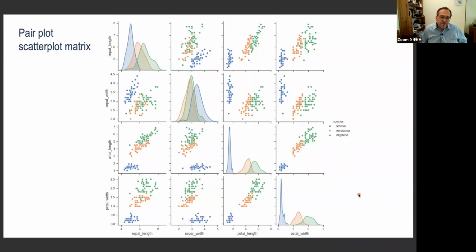Honestly, I should tell you it probably works up to about 30 features. After that, this matrix becomes too large and unmanageable. But if you have a larger number of columns or features, you can pick some of them and then build this type of matrix. Again, this is probably one of the most useful tools you can have. Any questions so far?